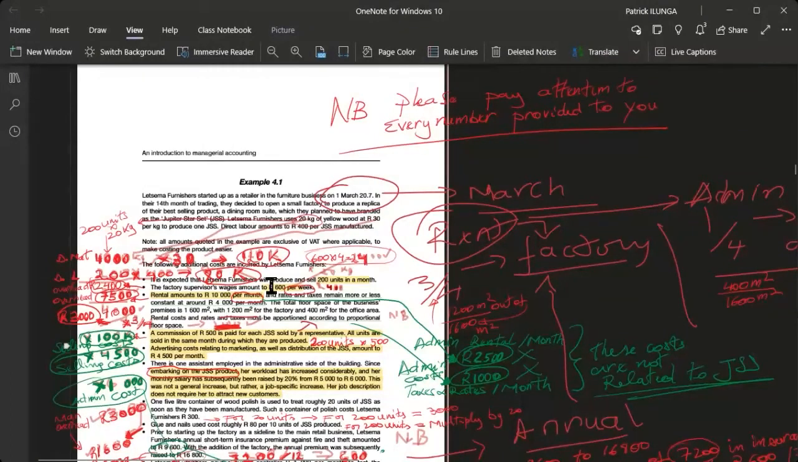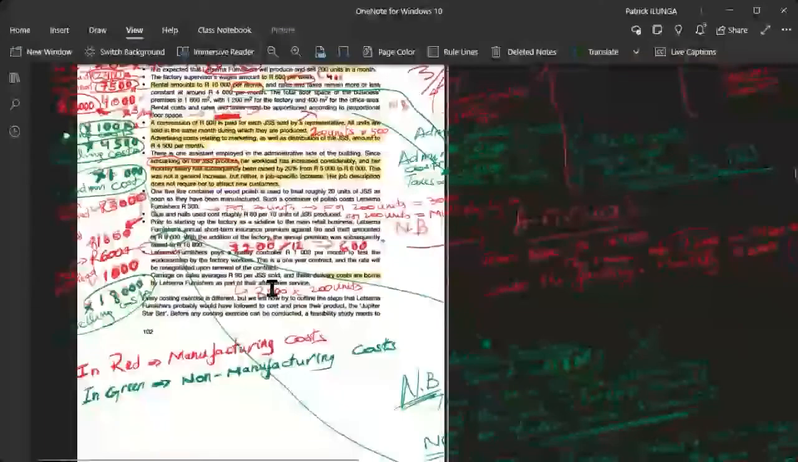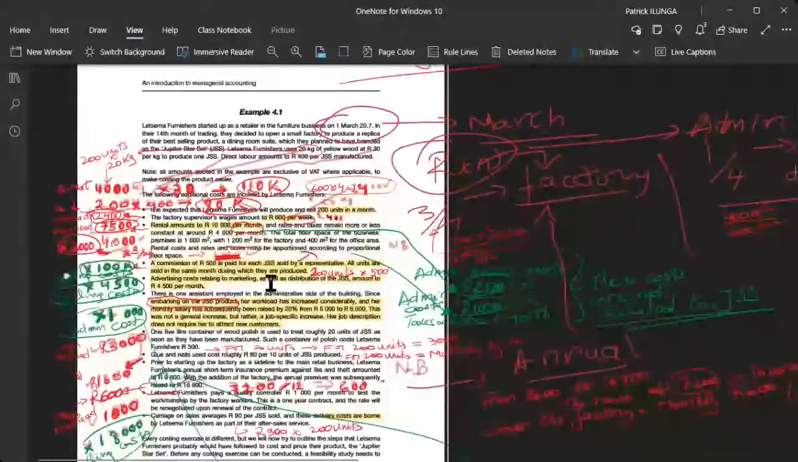120,000. Automatically you need to be able to see that in order to produce those 200 units, we will need yellow wood worth 120,000 rand. Okay. How much will I need in terms of the direct labor? It's 400 for a set. So 400 times 200, right? 80,000. So these are mental calculations you can do quickly, but I want you to be able to take